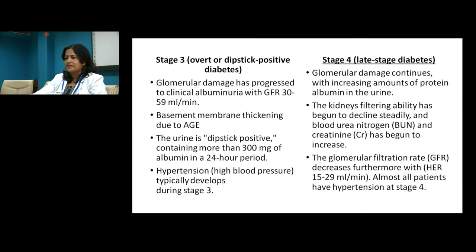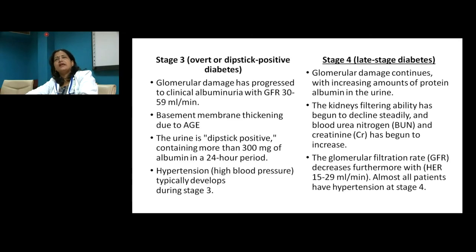In stage 3, glomerular damage has progressed to clinical albuminuria with GFR 30 to 59 ml, basement membrane thickening due to AGEs. The urine is dipstick positive, containing more than 300 milligram of albumin in a 24-hour period, and hypertension, that is high blood pressure, typically develops during stage 3. Now stage 4,